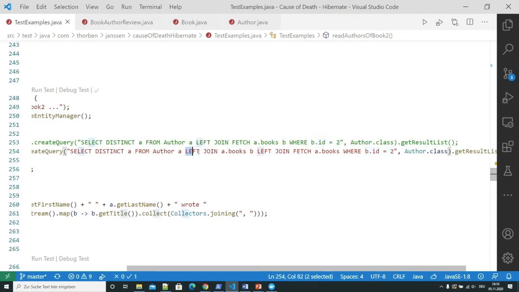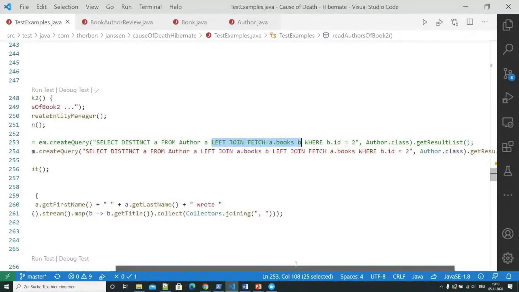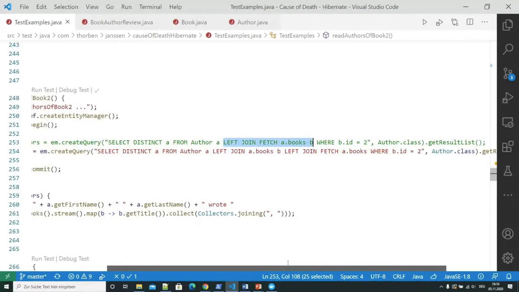With JPQL, well, you saw it up here, you could use that one in the where clause. And as you saw, that creates wrong results. I would actually prefer if Hibernate would throw an exception there and complain about an invalid JPQL statement.